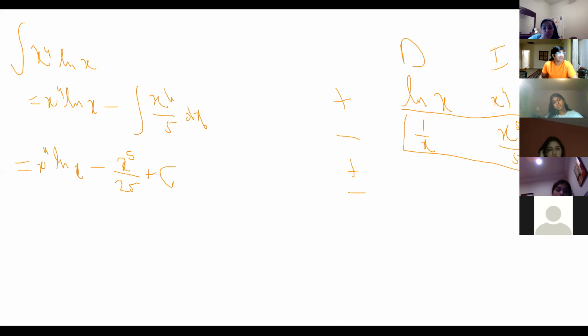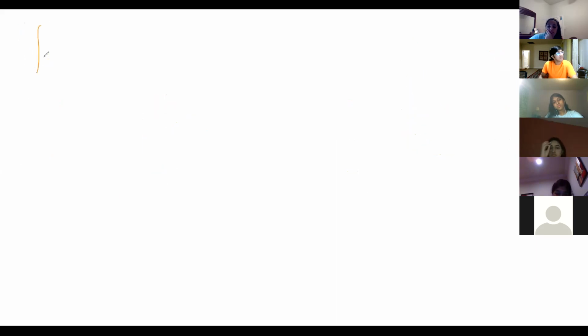Case 3 is what Anish was bringing up. What if you have something like the integral of e to the x sine x dx? Whenever I have this,